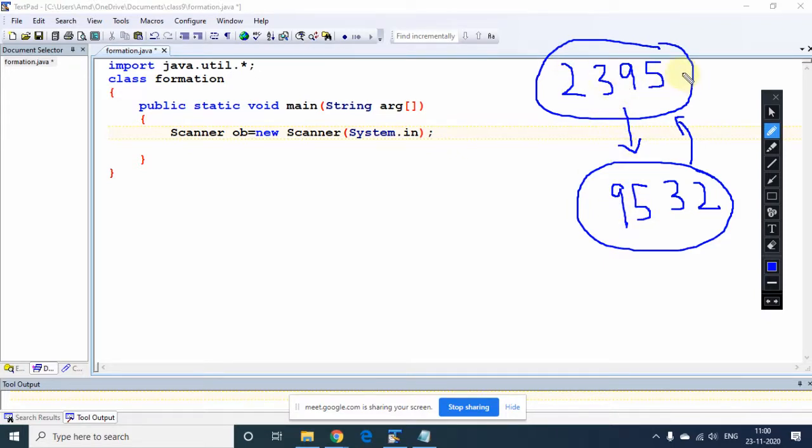So now the largest number, this is the largest number using the existing digits of 2395, right?